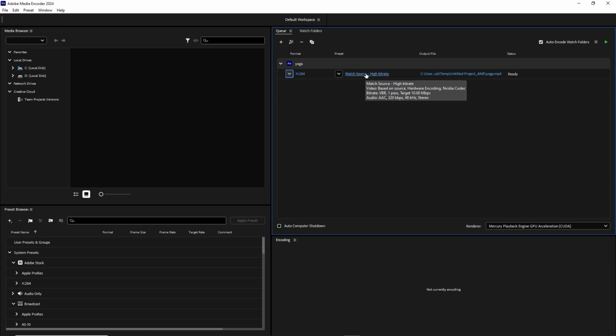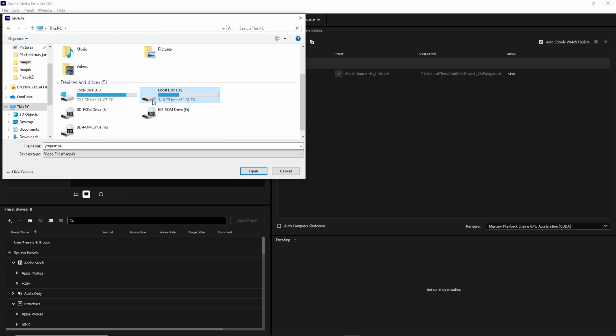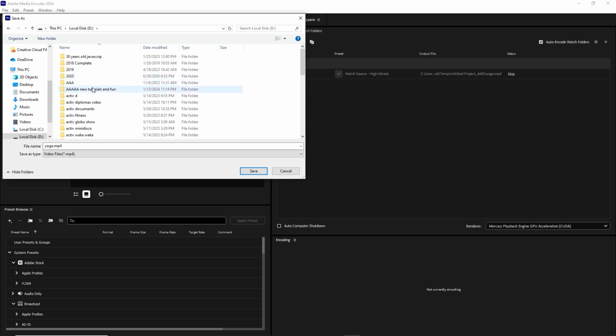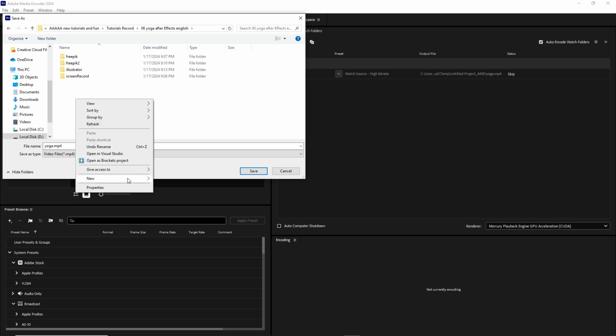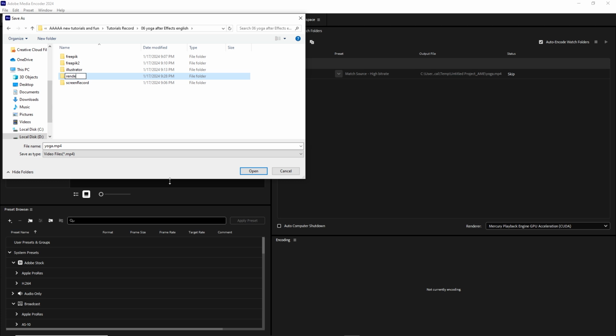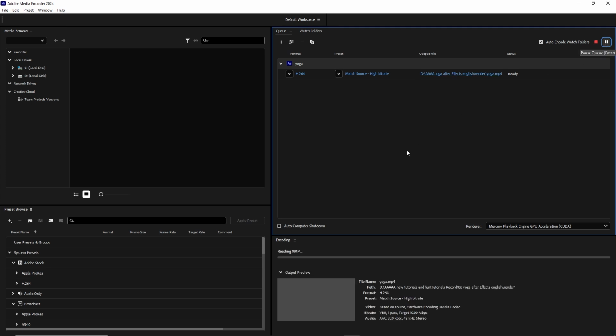In here I do not want to change anything. Again, if you know what you want to change, you can play with this, but I do not need to change anything. So I will just go to this one. This is going to be the place where I want to save this. Very quickly let me get to the place where I want to go, like so: tutorials, records, and where I want to have Yoga After Effects English. I'm going to create a new folder which I'm going to call render, and I will go inside and call this Yoga. I will hit save, and right now I'm going to click this little arrow, start queue,